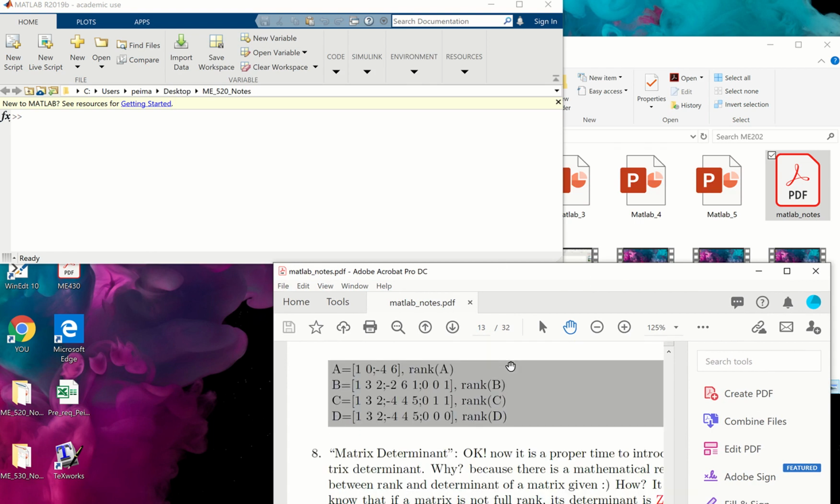I told you that we name a matrix full rank if all the columns or rows of that matrix are linearly independent. But before going to the determinant,